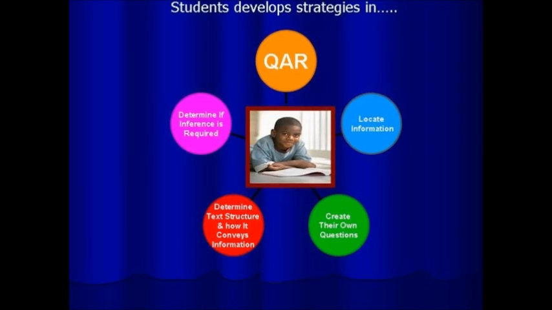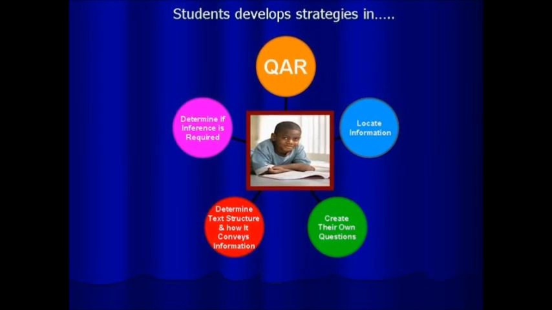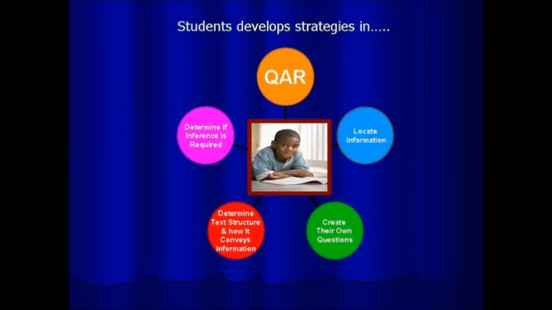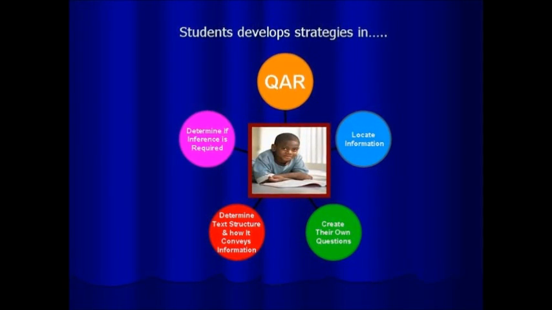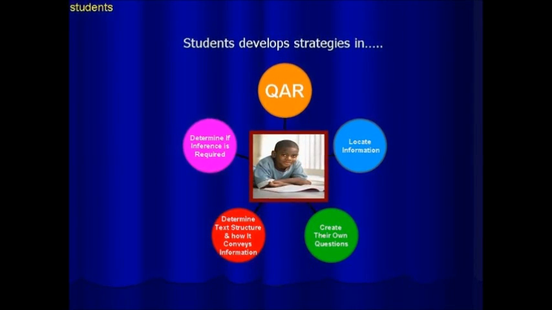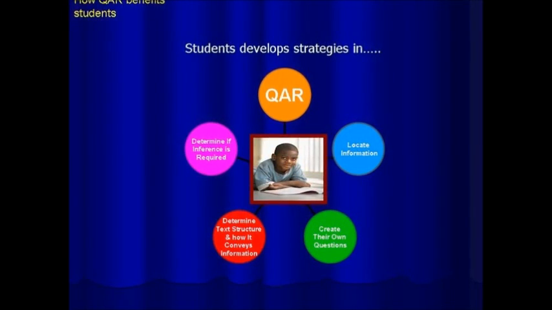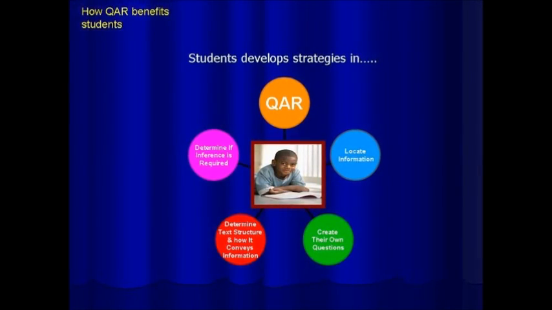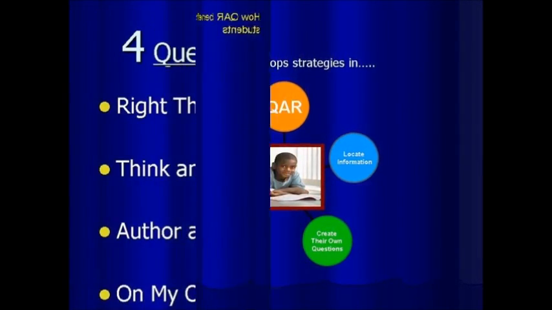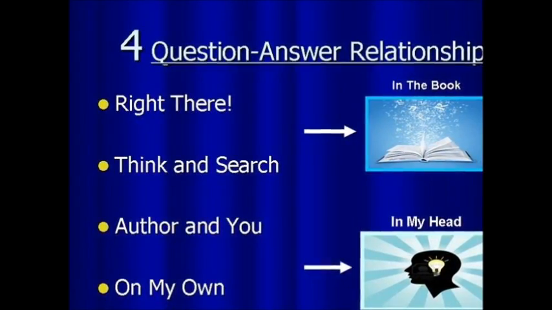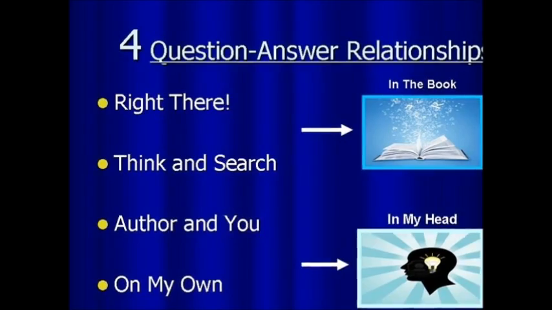Students learn where to look to find the answers. They are able to determine text structure and how these structures convey information. They are also able to determine if inference is required when answering questions. Teachers use this model as a tool for helping them to develop different types of comprehension questions for different phases of comprehension instruction. By understanding the relationship between questions and answers, students learn to seek information from the text or